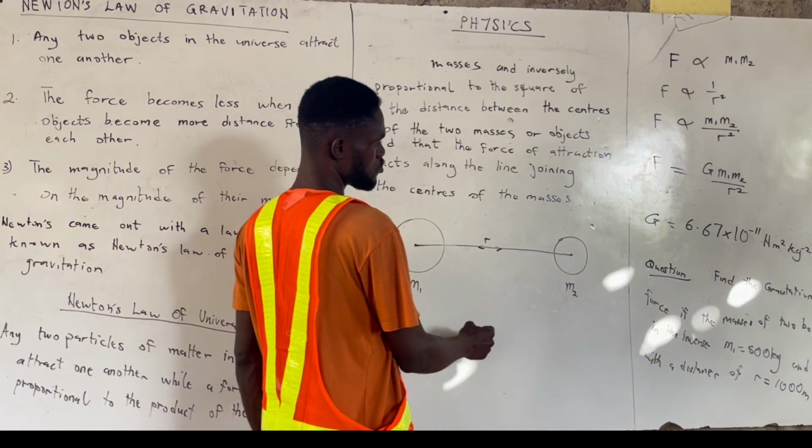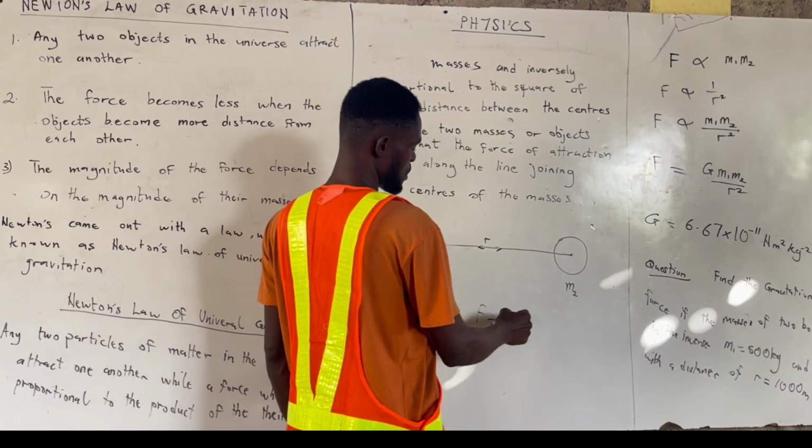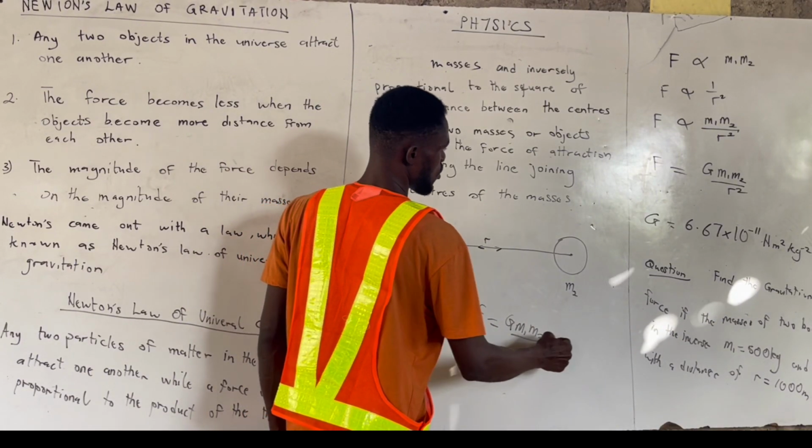So for this one we are going to get F is equal to G M1 M2 all over R